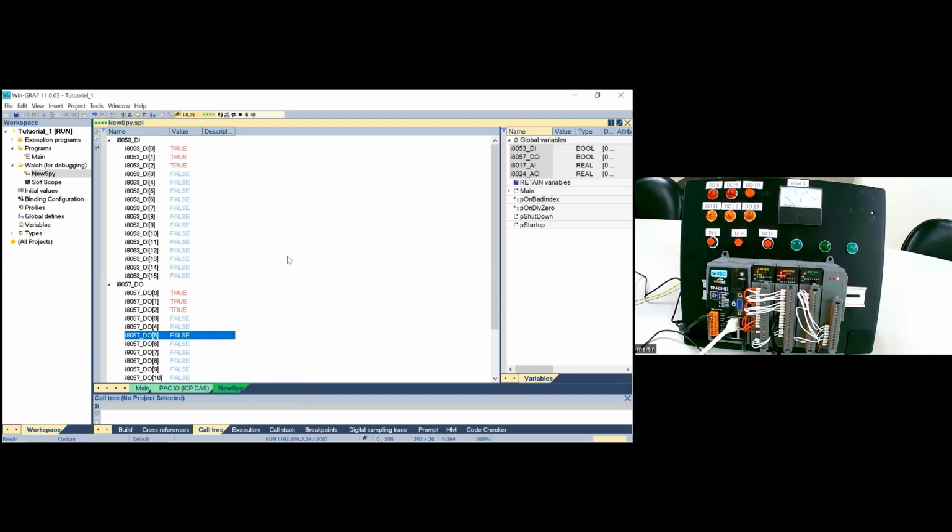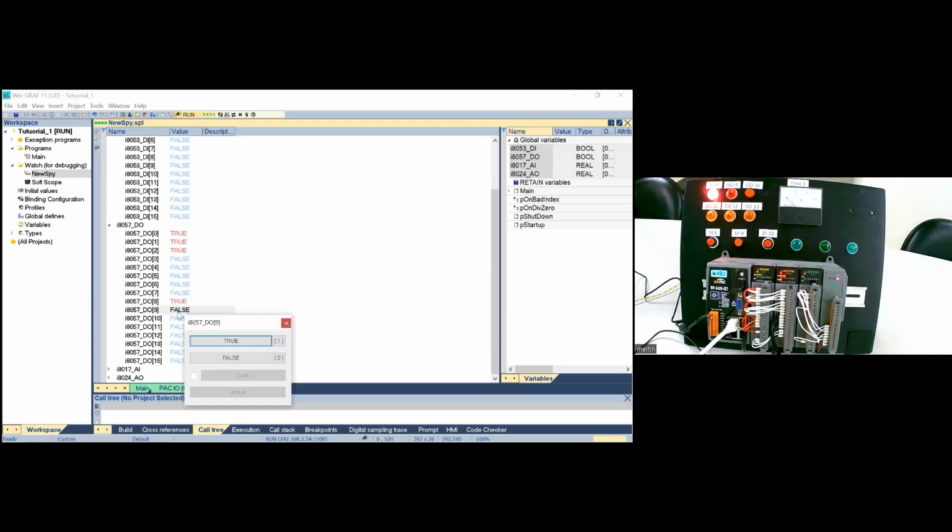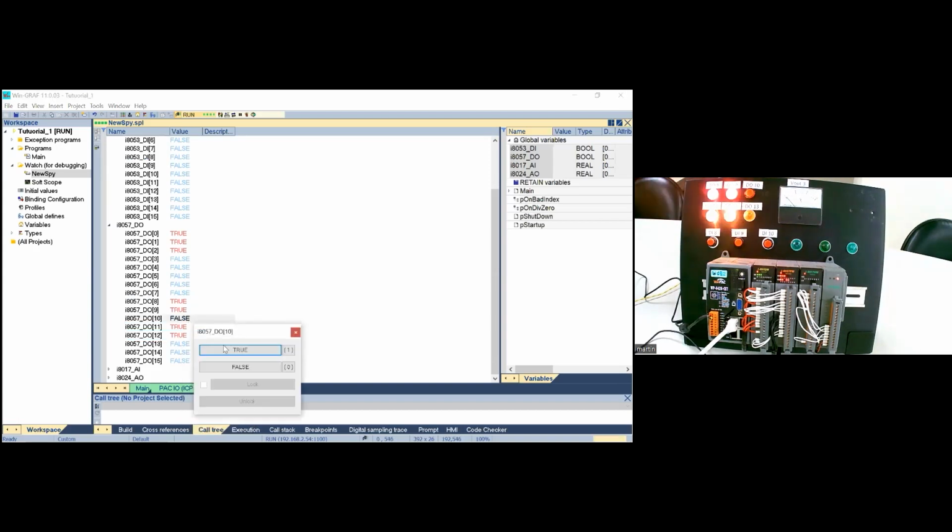In addition, the first 6 lights are directly connected to the digital output channel, I'm sorry, it should be connected to the digital output channel. This means we have to double click this part to switch the light on and off. And this can be done with all the connected lights. So this is a convenient way to directly control the hardware and check